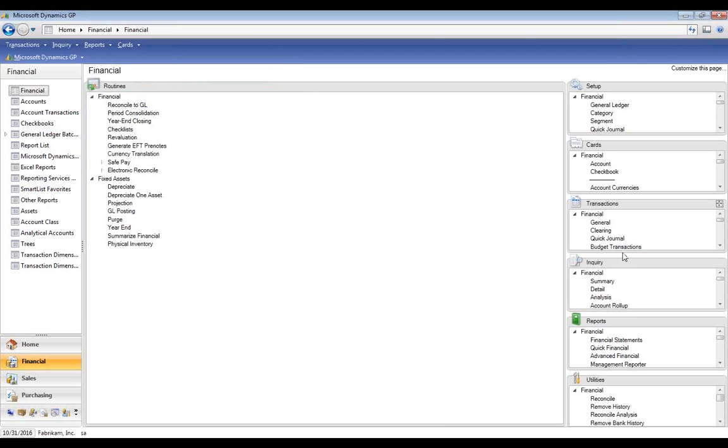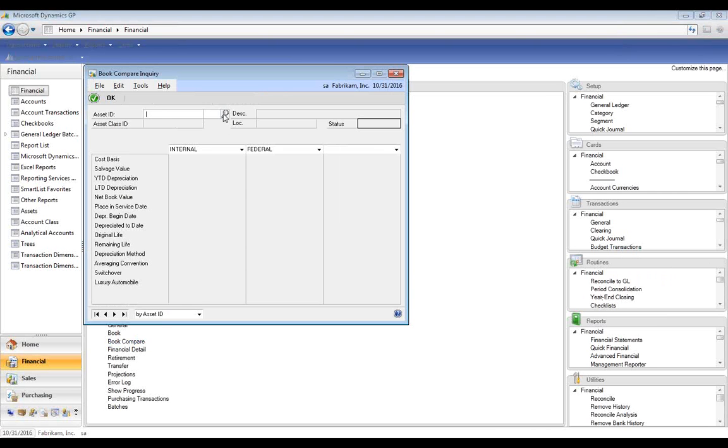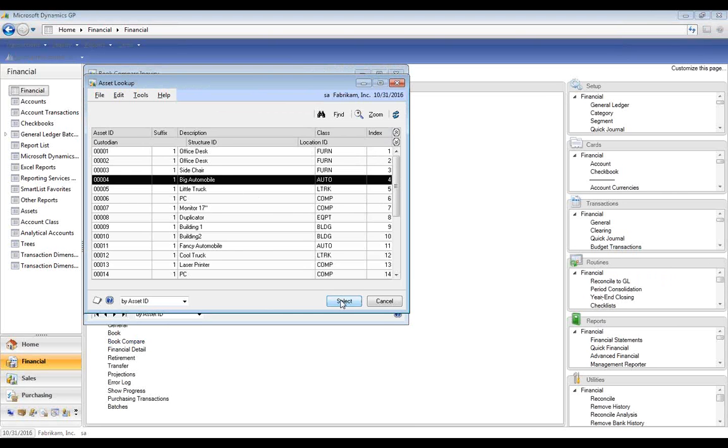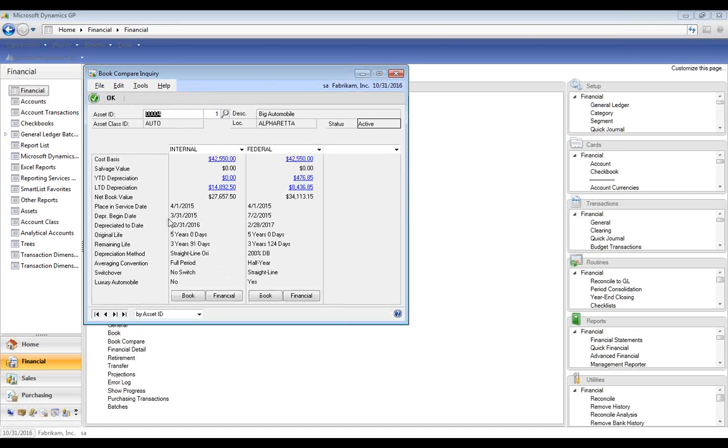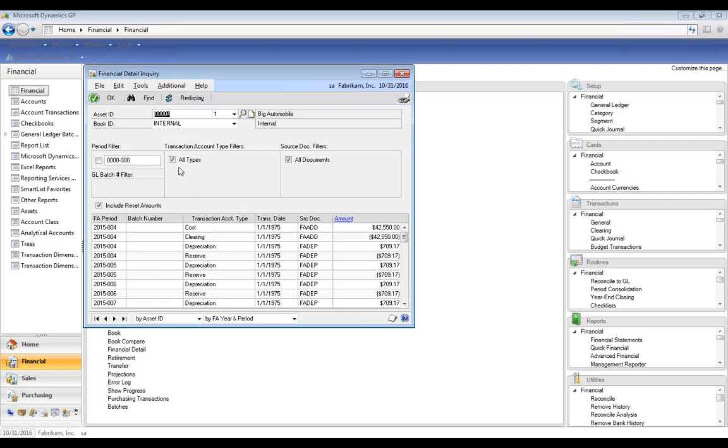And I can now go back into my inquiry and take a look at Book Compare for my big automobile. And I can now see that my depreciated to date for my internal book has backed up from 2/28/17 to 12/31/2016. And if I look at my book record, that is also reflecting the new date right here. And I can also drill back from this window to look at my